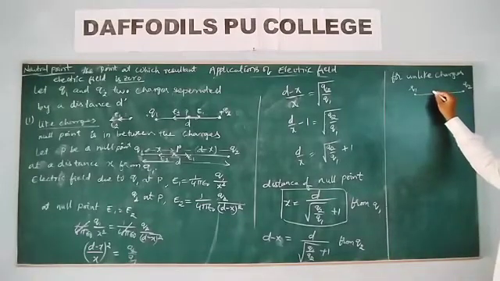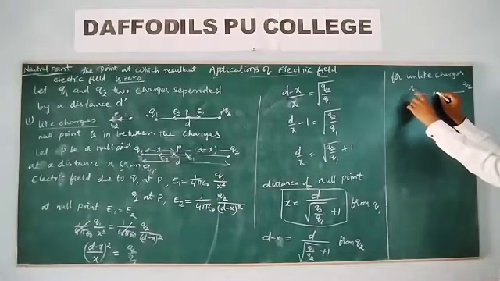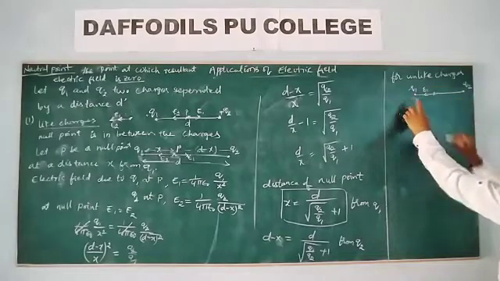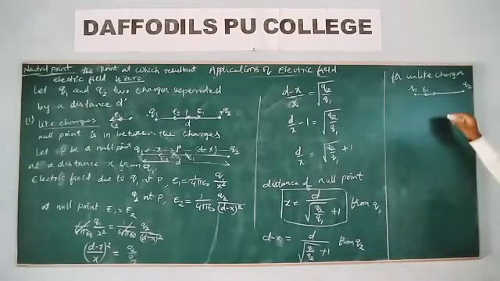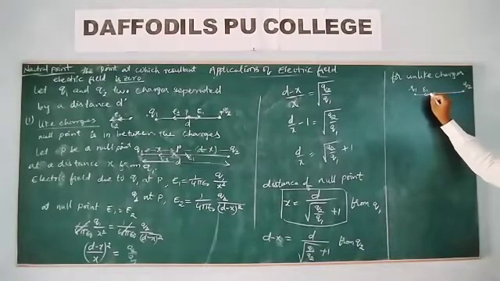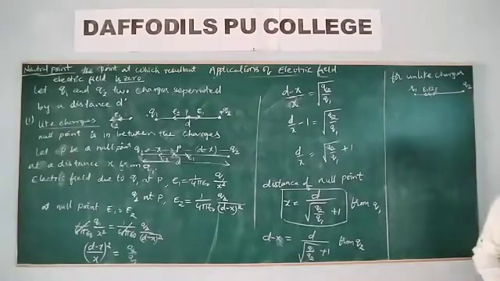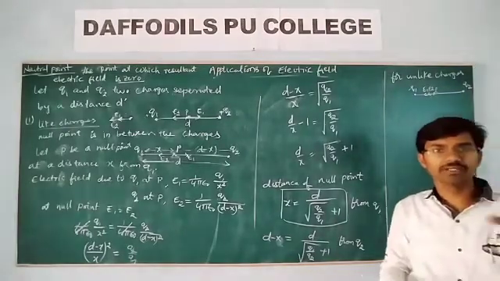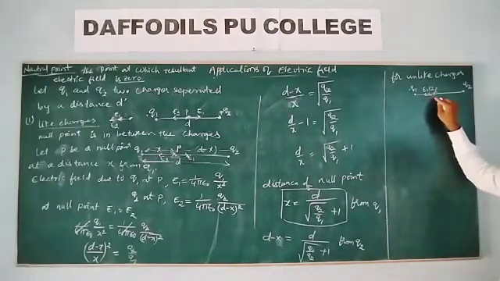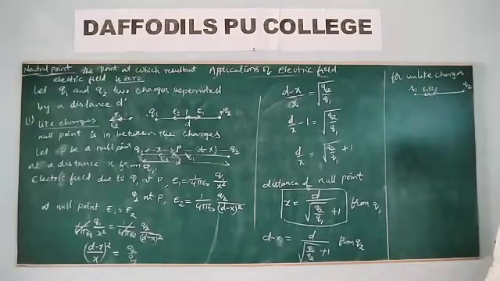Now, for example, if you take a point between these two charges, as it is a negative charge, what will be the direction of the electric field at this point? E1, is it? And whereas this is due to a positive charge, at this point what is the direction of the electric field? Outward, E2 at this point. That means you would not get the resultant electric field 0 between the charges. Why? Because the directions of the electric fields are both in the same direction. We would not get the resultant electric field 0 in between these two.